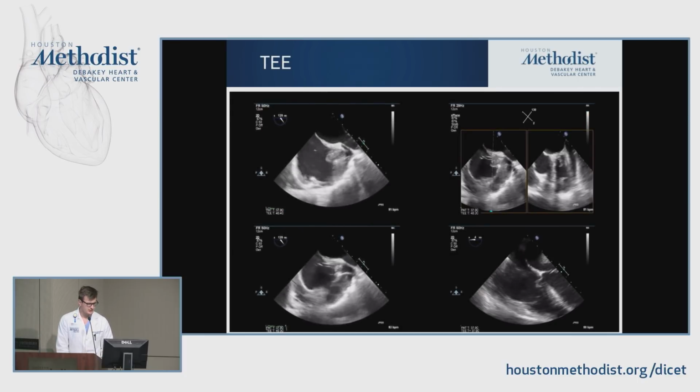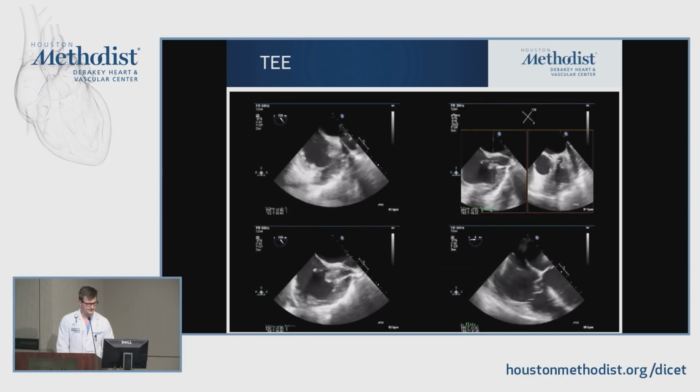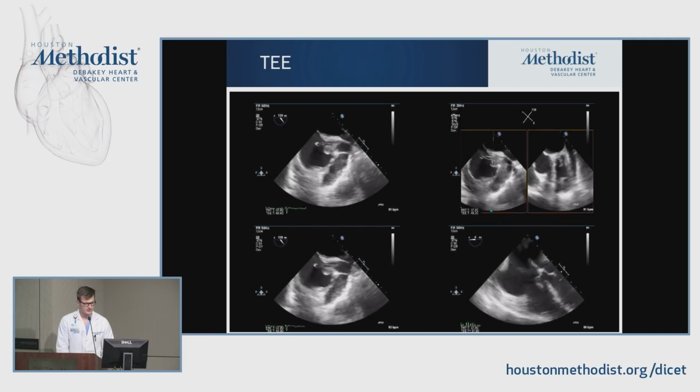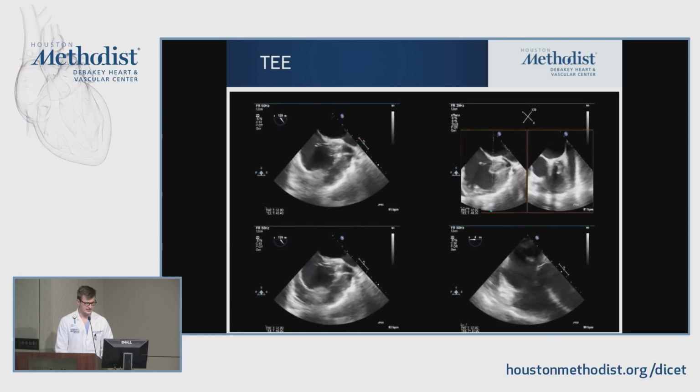Bicaval view showed the tip of the dialysis catheter and this large echogenic mass attached to the tip of the dialysis catheter, which is seen on many projections. The size of the mass is about 2 by 2.5 centimeters, which in this clinical scenario was representative of a large vegetation. But seeing just the mass, sort of the elephant in this study,